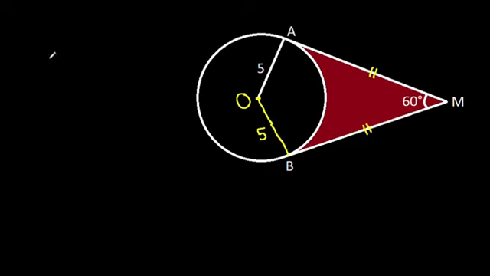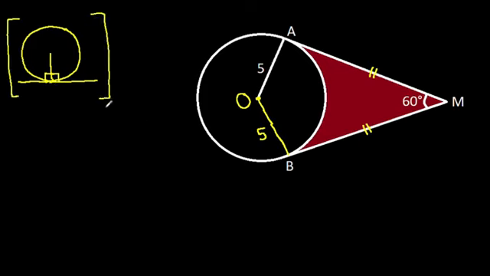and now in any circle, the radius and tangent are perpendicular to each other. So OA will be perpendicular to AM, and OB will be perpendicular to BM. And now